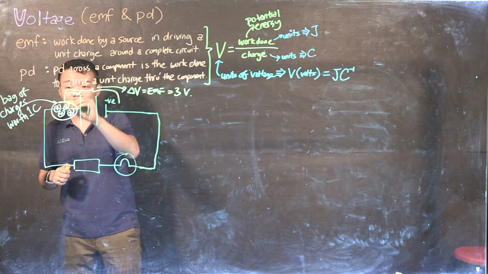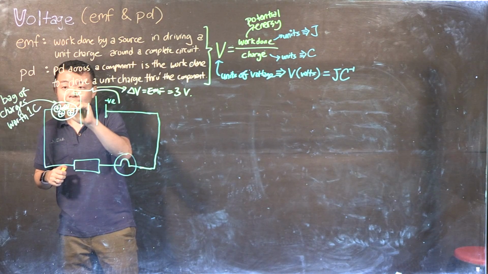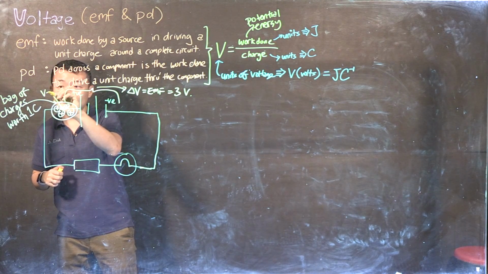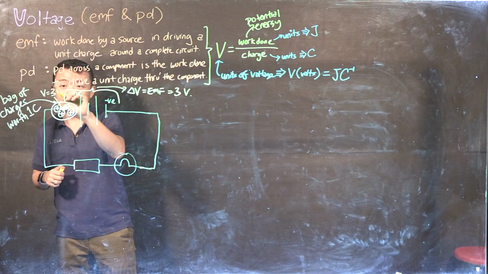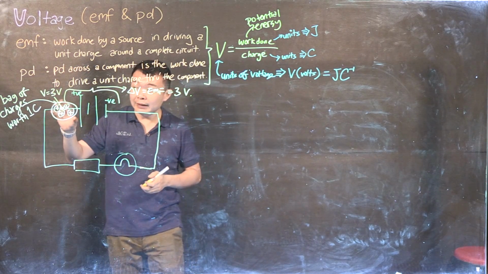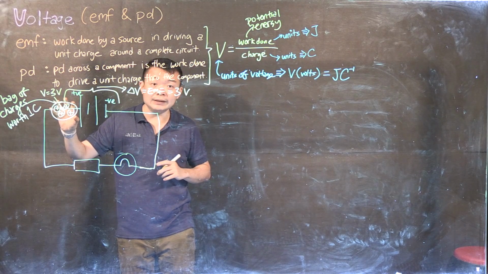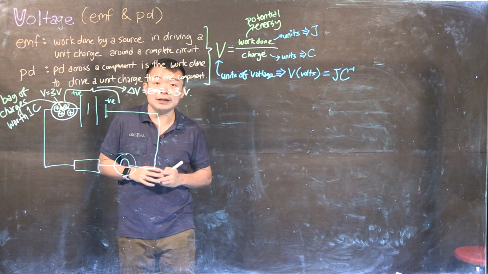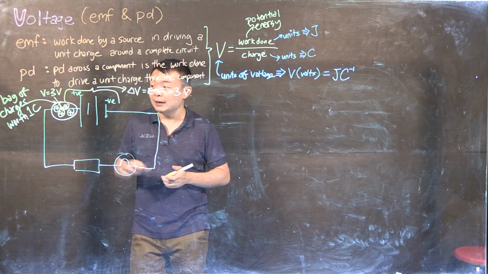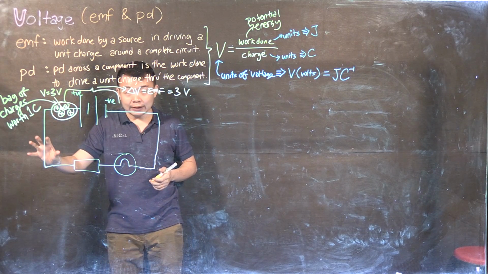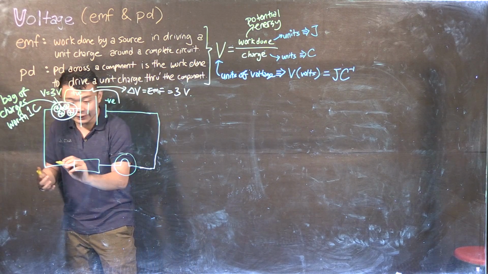So at this point, the voltage here is 3 volts. Why so? Because at this point, for every 1 coulomb worth of charges, it contains 3 joules of potential energy. The charges move along the circuit, and say at this point,